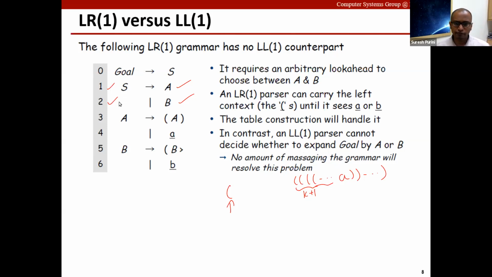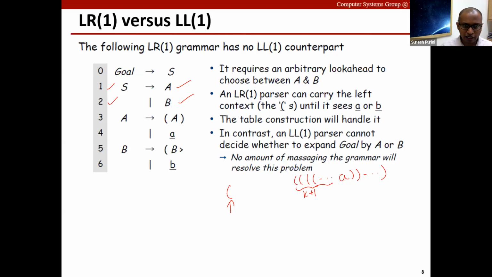That's a problem. Of course, we can possibly rewrite this grammar and make it LL1 parsable, but if you take the grammar as it is, we cannot design a backtrack-free top-down parser using constant lookahead symbols.